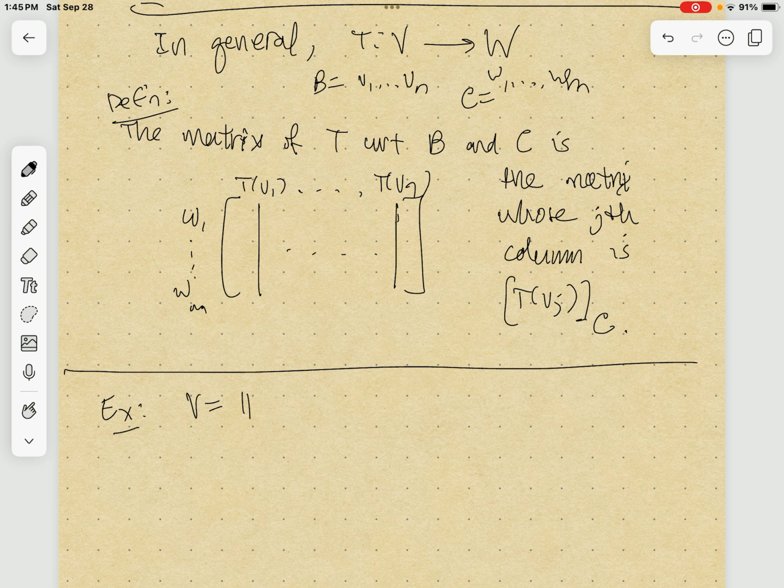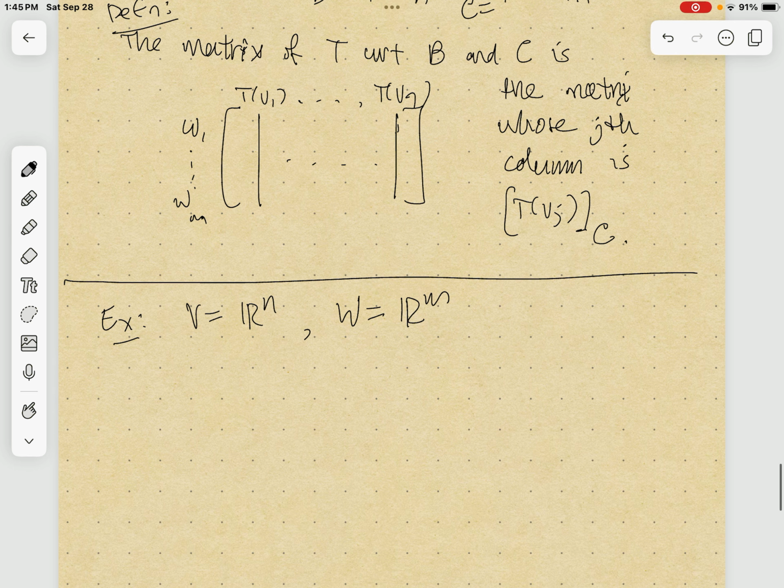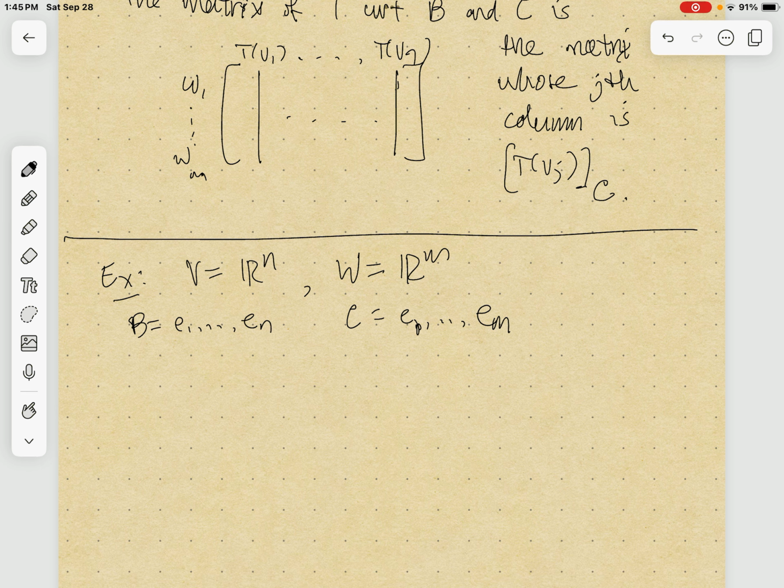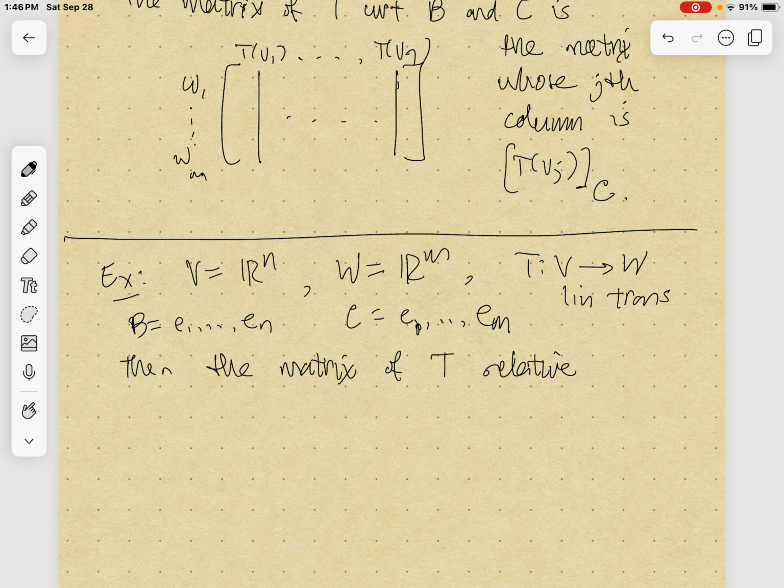Let's say that V is itself Rn and W is Rm. Right? And let's say that you have the basis B, which is just E1 through En, and you take the basis C, which is E1 through Em. So these are the standard bases for Rn and Rm, right? Well then, let's say that T is a linear transformation from V to W. Then the matrix of T relative to these bases